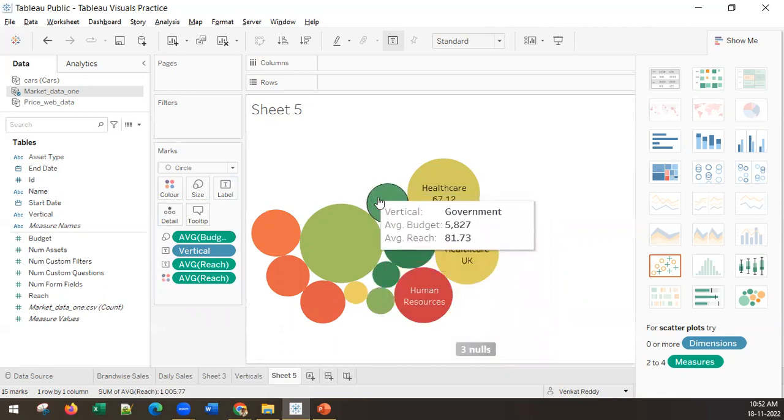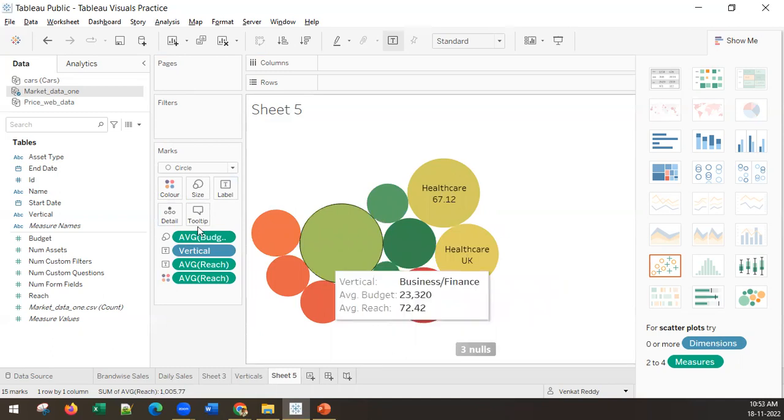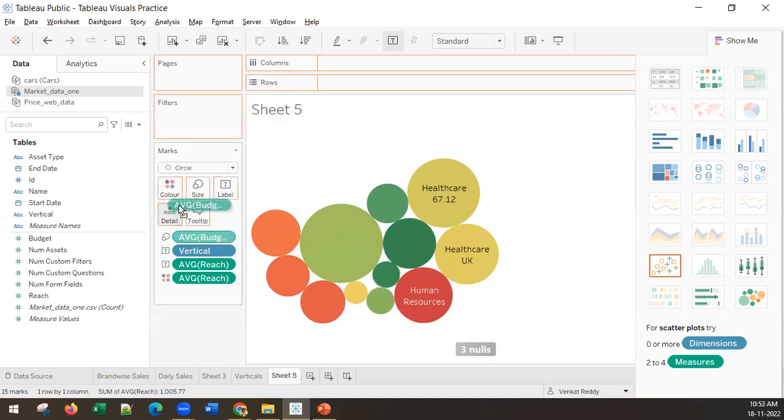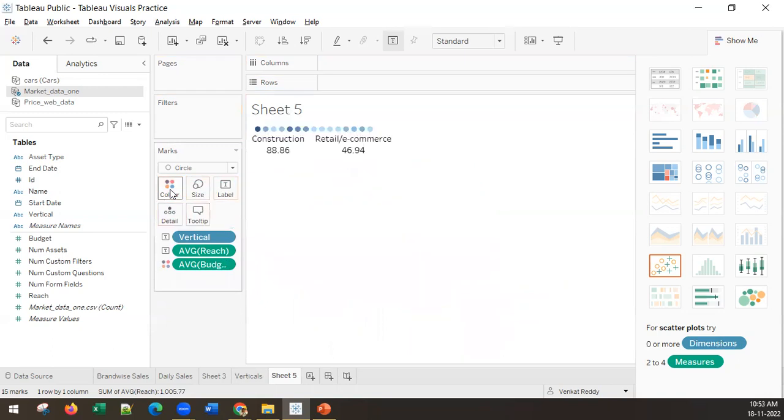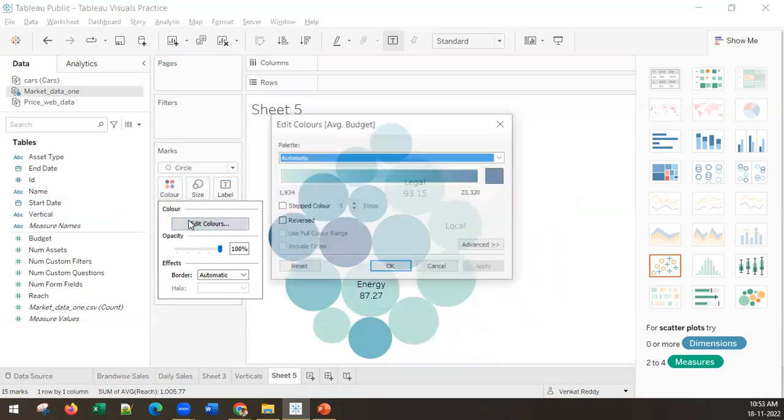So the ones that you have to highlight are smaller, greener circles, because a small circle means its budget is lesser and it has to be a green circle. Or you can swap them also. Average budget, you can keep it on color, and average reach, you can keep it on size. Okay. Now the size is telling us reach, and the color